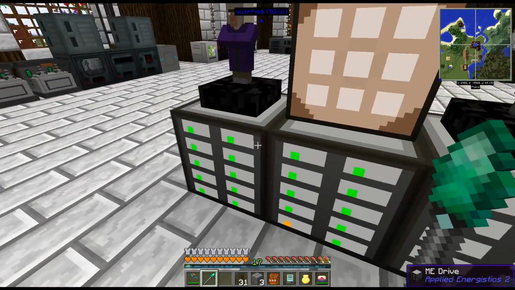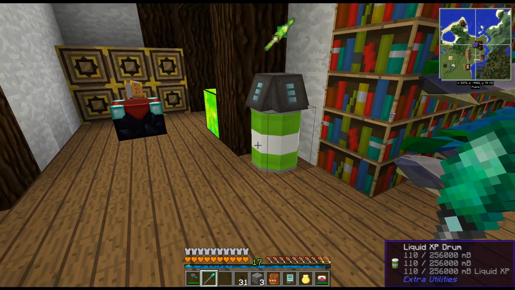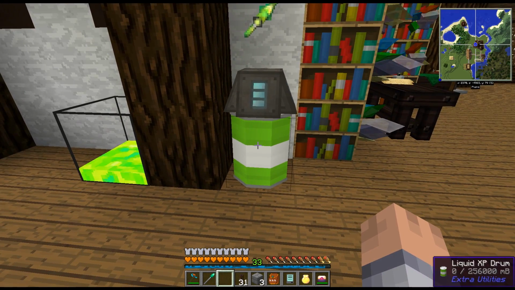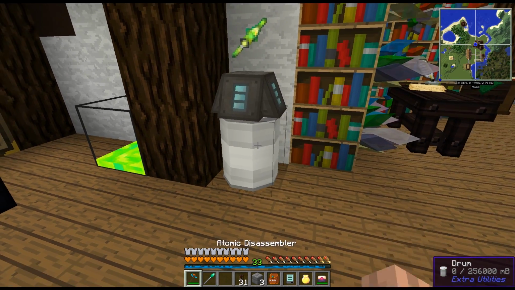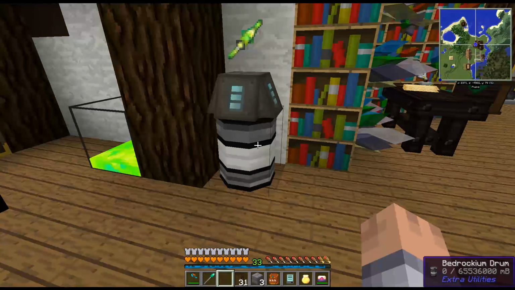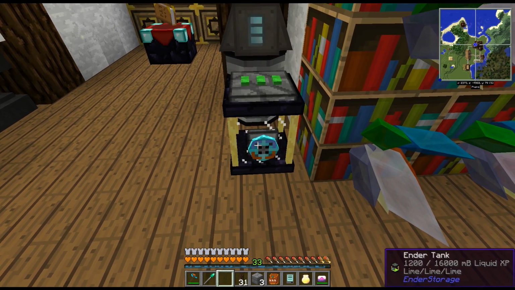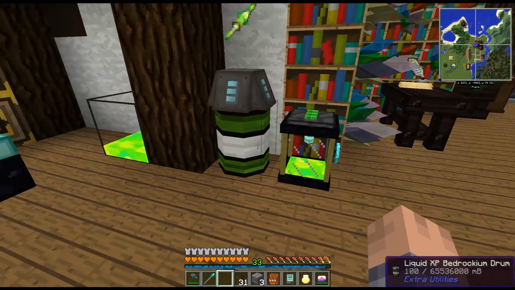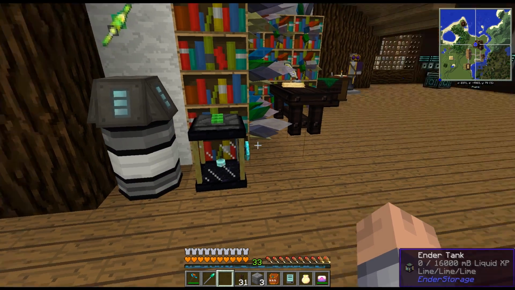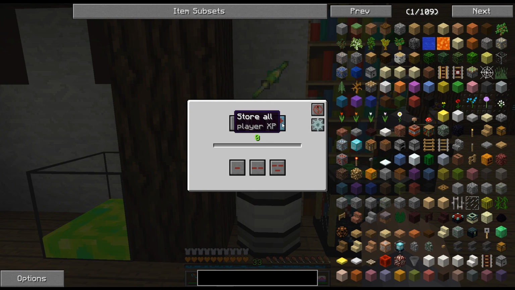Yes, this one will always make us liquid XP. So what I actually want to do here is, I gotta empty this one here. There's not much left in there. Just give me some XP. And this should change color here. Perfect. Give me that back. And we're gonna put one of these bedrockium drums here now. And put this ender tank here to output. So now it's gonna fill this bedrockium drum here. And, well, if this is ever full, then I'll worry about it. But that's a lot of liquid XP. We definitely should probably put up some kind of a...